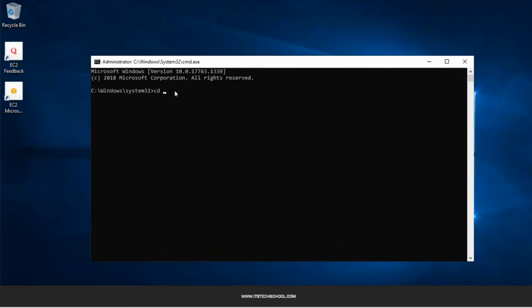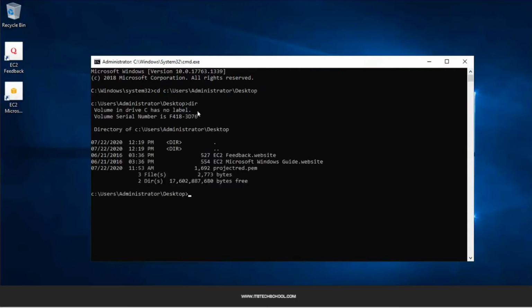So the path is cd c colon slash users, then administrator slash desktop. So using this path, you will be on the desktop, right? If you use the command dir, you will get to see the file, project.pem. So once you are in the desktop, now we can use the command ssh -i. The key name is my project.pem, space, the username of the Linux machine, that's ec2-user @ the IP address. So my IP address